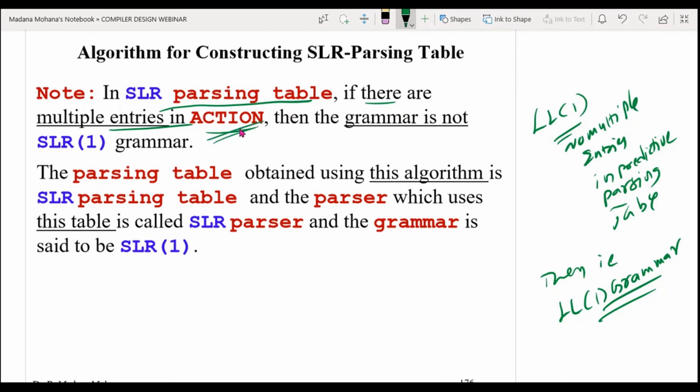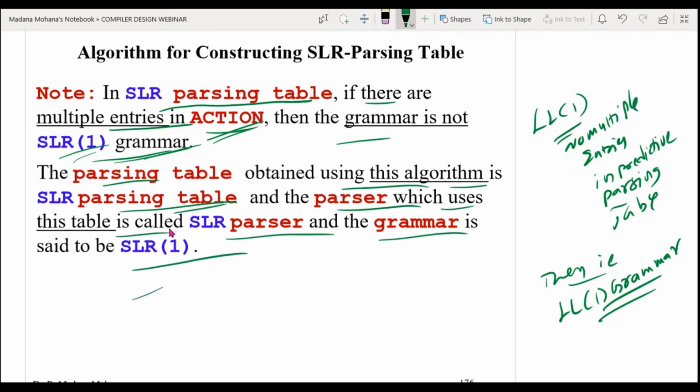In the action part, if there are multiple entries, then the grammar is not SLR1 grammar. If there are no multiple entries in the action part, then that is called an SLR parser or SLR1 grammar. The parsing table obtained using this algorithm is the SLR parsing table, and the parser which uses this table is the SLR parser. The grammar is said to be SLR1 by default. So the LR(k) default value is 1. Default is 1. That means SLR1 parser,